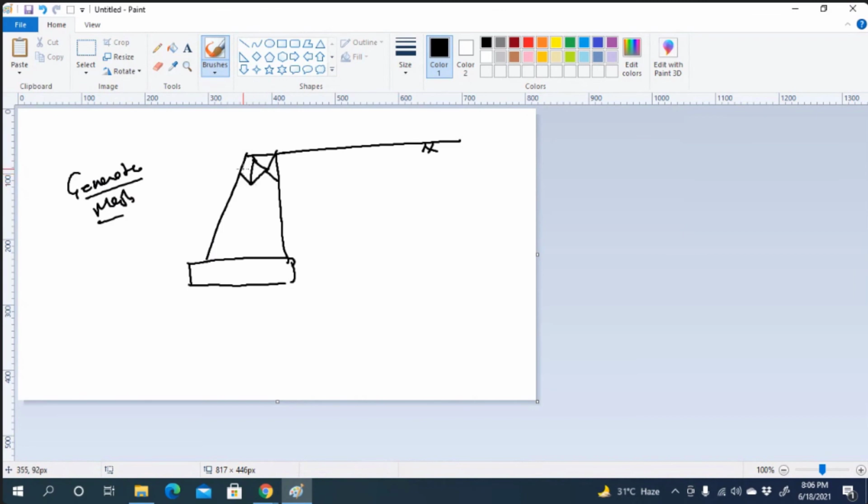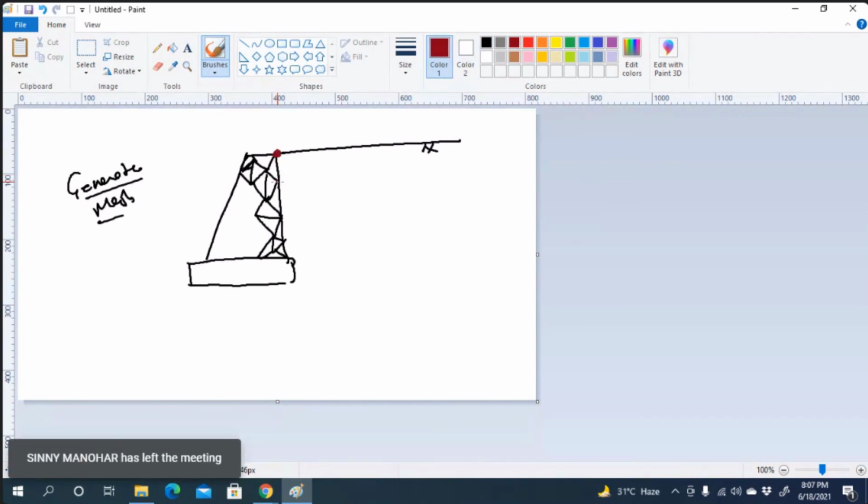Is it not? I'm just drawing it. Now the mesh will also be generated for the soil element. But now you see these nodes. These are the nodes.